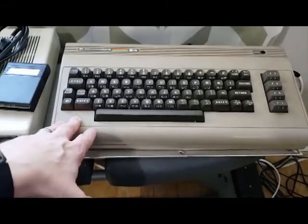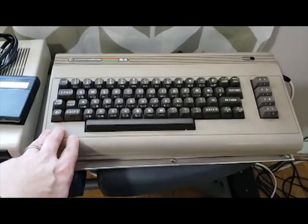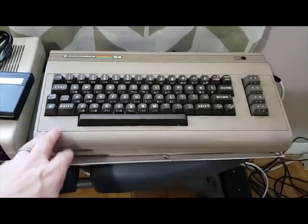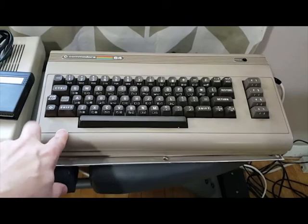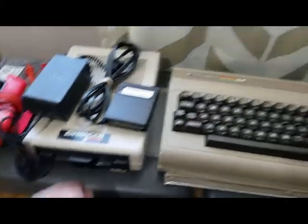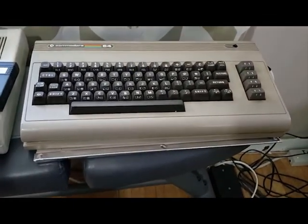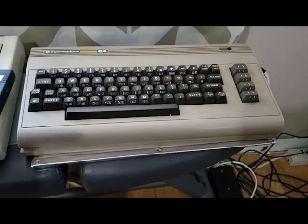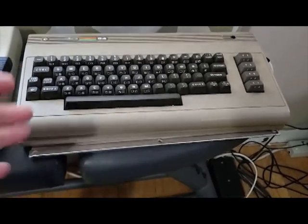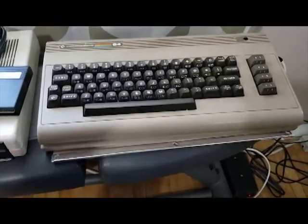He had just the system and a couple of power bricks, a black one and a white one. I grabbed the white one. I also grabbed this enhancer drive here. I think in total it was like $70 between everything that I paid him, but it was kind of an as-is price, which in hindsight might not have been the best price,